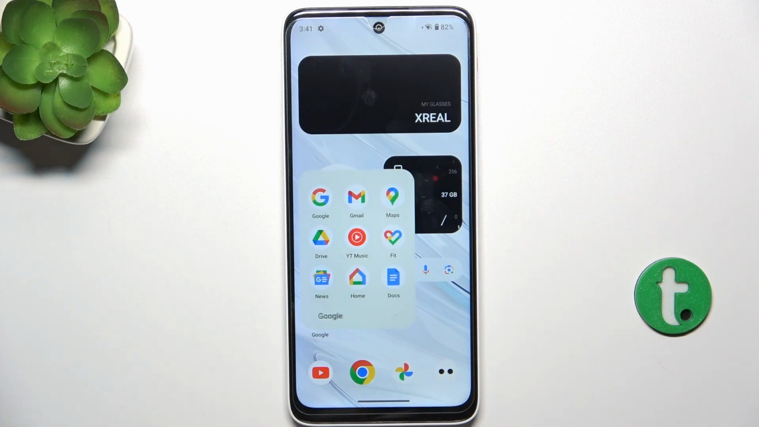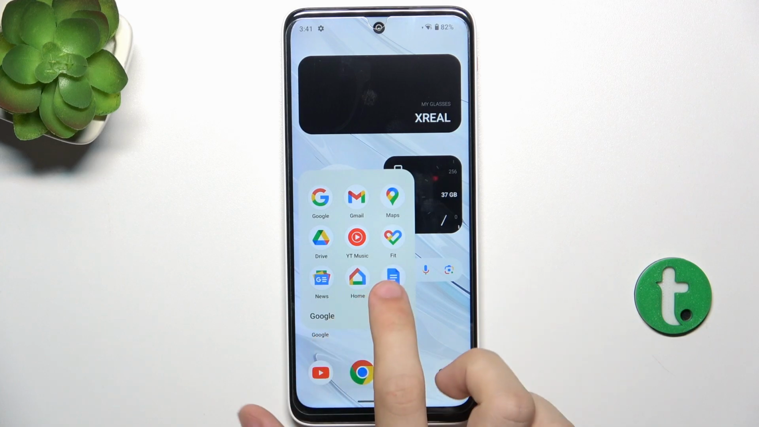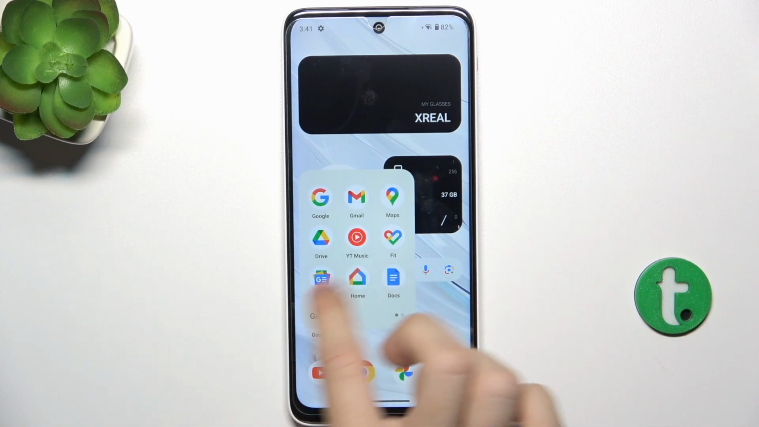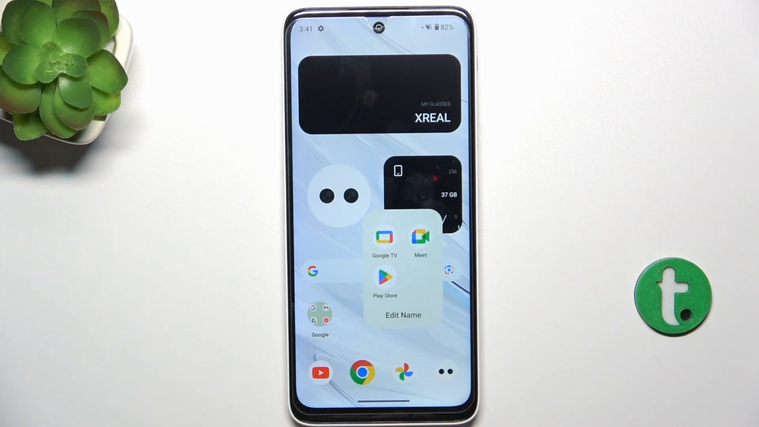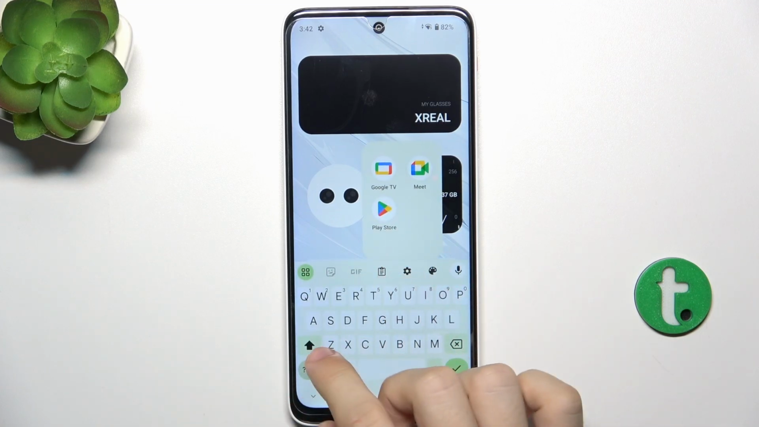You can see that this folder comes pre-installed, and if it has more than 9 apps, then you can slide through pages of this folder. You can click on a folder, edit its name here,